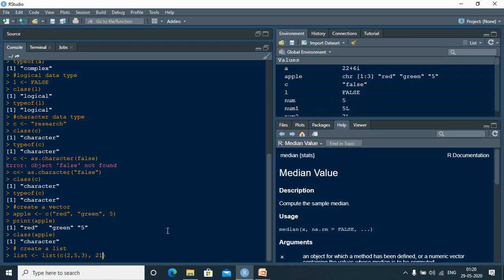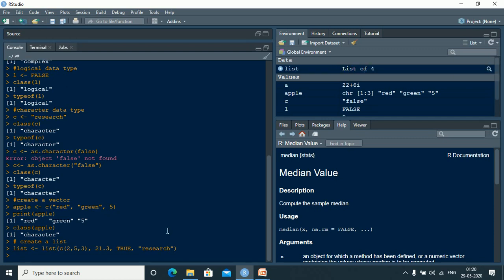Let me again take a decimal value. Let me take a logical value. I can also take a character. Right? So I have taken numbers, decimal values, logical values, and a character, and I press enter.